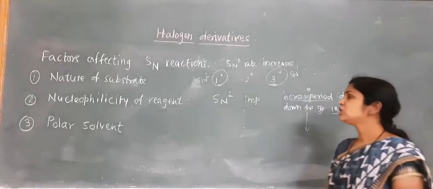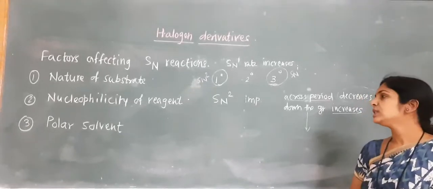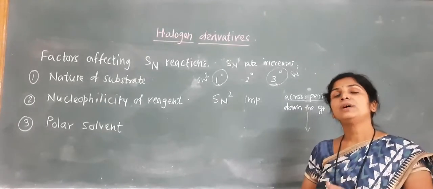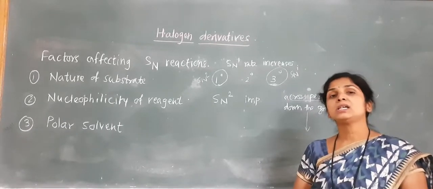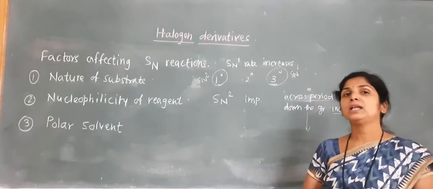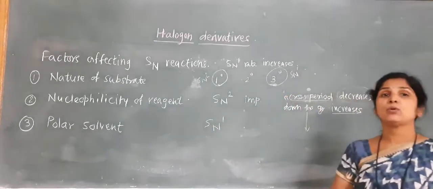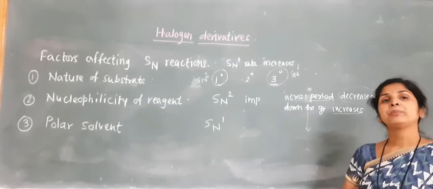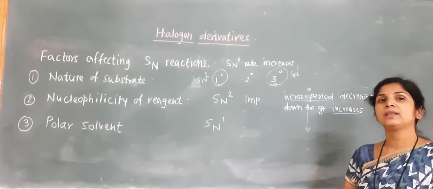Now the third factor is the solvent which has been used. Here, if we consider the polarity of the solvent, then generally the solvent which has been used also plays an important role. If the solvent is of the polar protic type, then which type of reaction is it going to favor? It is going to favor the SN1 type of reaction. In SN2 reactions, generally the solvent does not play as important a role, but in the SN1 reaction the polar protic solvents, if they are present,